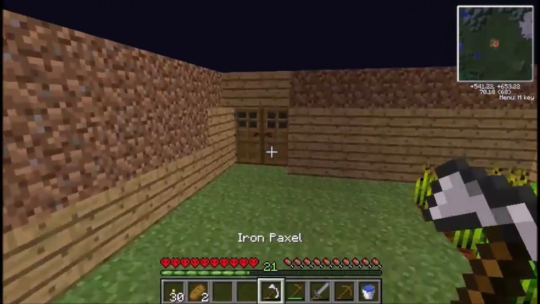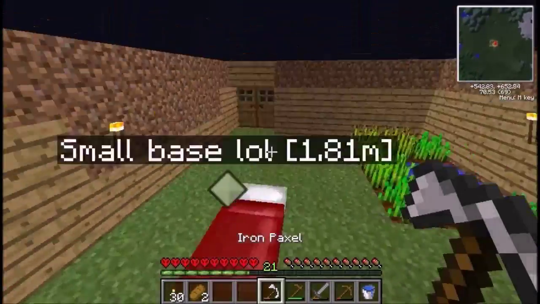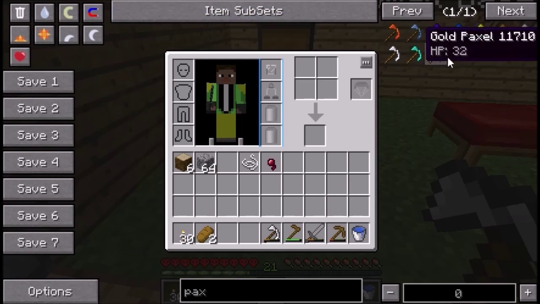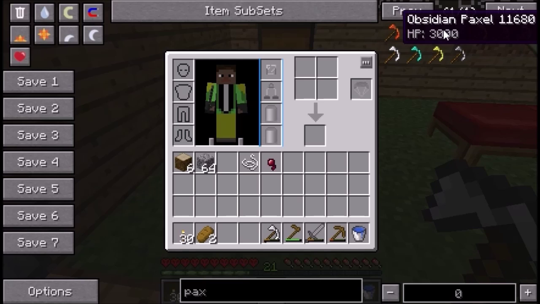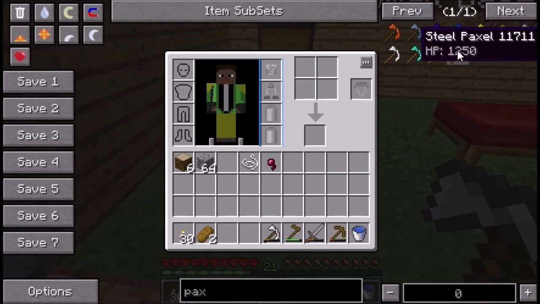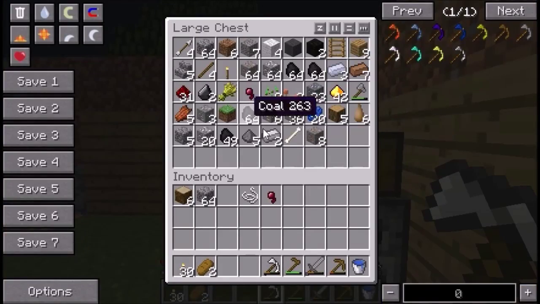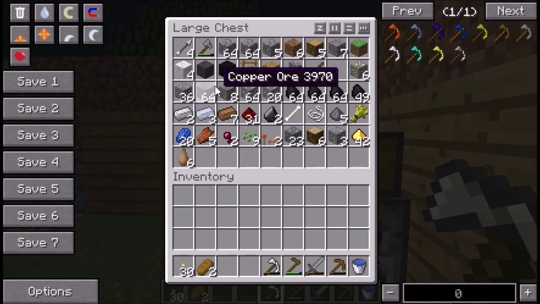Now this little item I have here, as you can see what it says, iron paxel. An iron paxel is basically an axe, a pickaxe, and a shovel combined into one thing, and is used with different materials such as wood, iron, or these things here: bronze, osmium, obsidian. Yeah, we'll get to obsidian in the long run. We'll get there, and other things. So I just made an iron one, and my levels have gone up because I've been killing lots of mobs, and we got a chest full of stuff now, including many ores that we will be using today